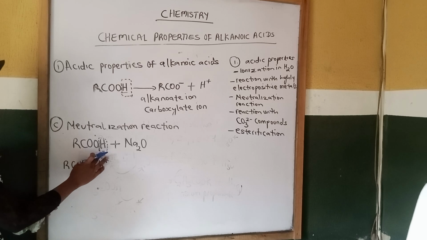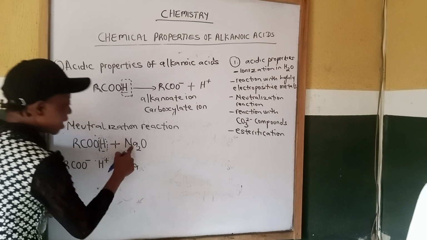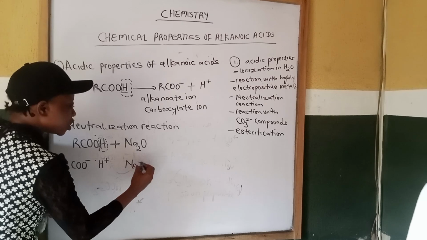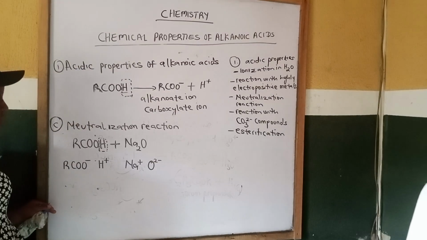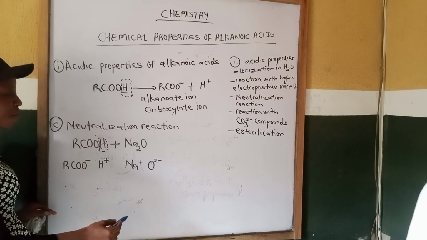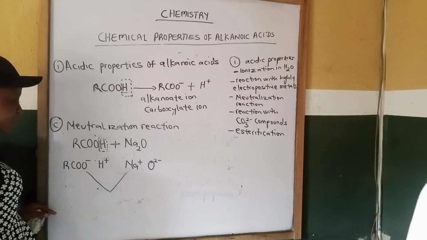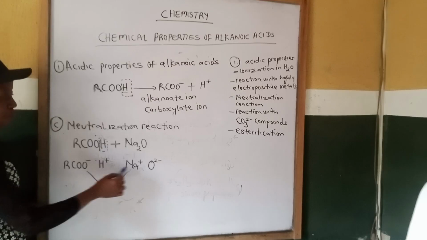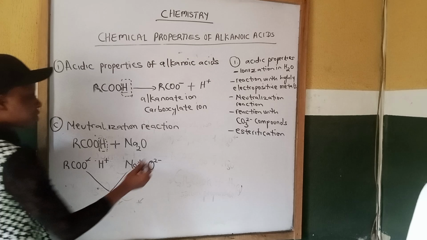That is the hydrogen atom displaced. Then at this side, we have sodium, Na. The charge on sodium is plus. Then oxygen is 2 minus. In our method of formation of product, positive and negative will combine together. This negative will cancel positive to give us